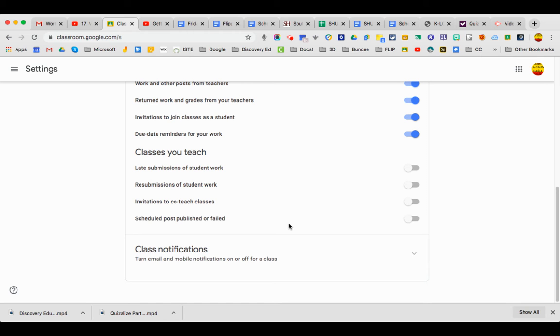And just an FYI, with resubmissions, there is no switch to turn that off. If you give back a student's assignment and a grade, they can take it back and resubmit. And there's nothing you can do to stop that. That has been added to feedback to Google, like, hey, can we turn that off? But listen, if you set it up with your students that they cannot resubmit and they resubmit it anyway, you have already established that you're not accepting resubmissions. So just take a peek